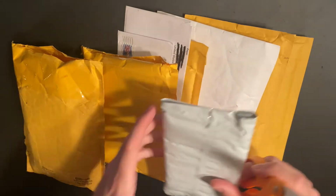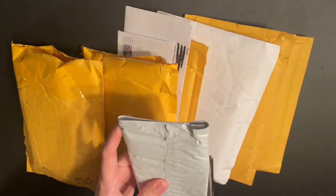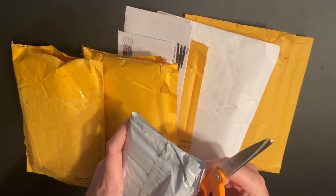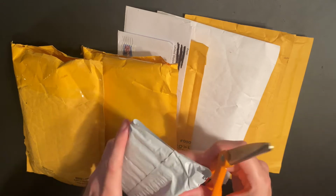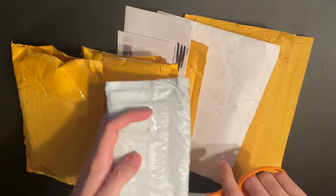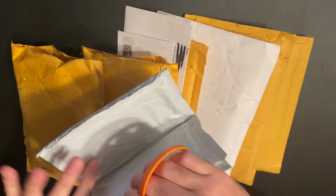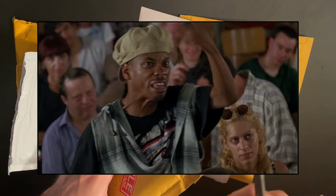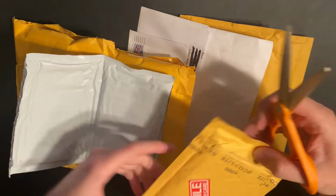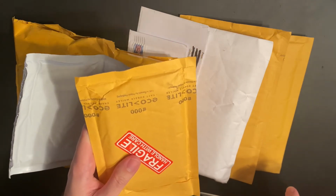Yeah, it's been a while, and I've had a bit of mail piling up now, so it's time to get it opened up. I plan on getting through all of this. No boxes today, so my apologies there if you were looking for that. What I do have is a bunch of stuff from eBay, as well as a couple box breaks that I was in